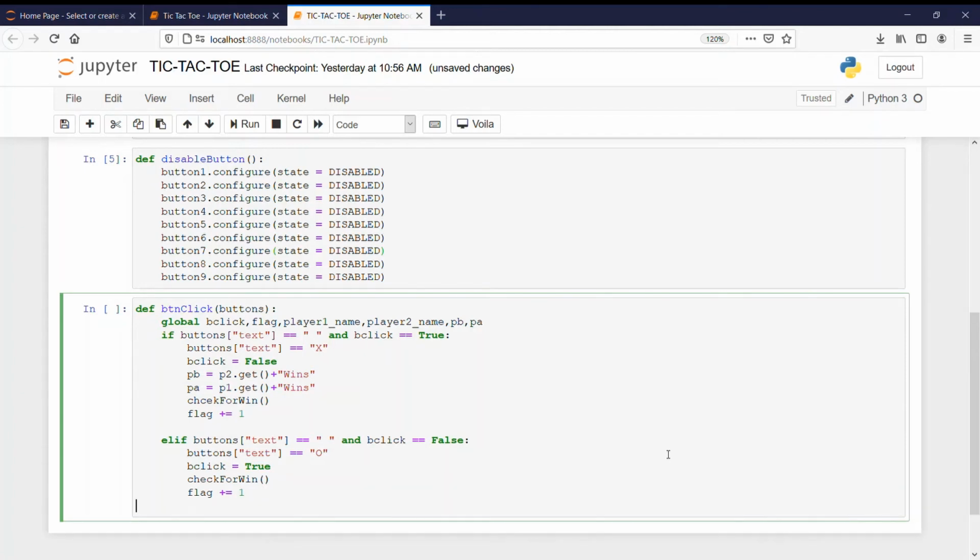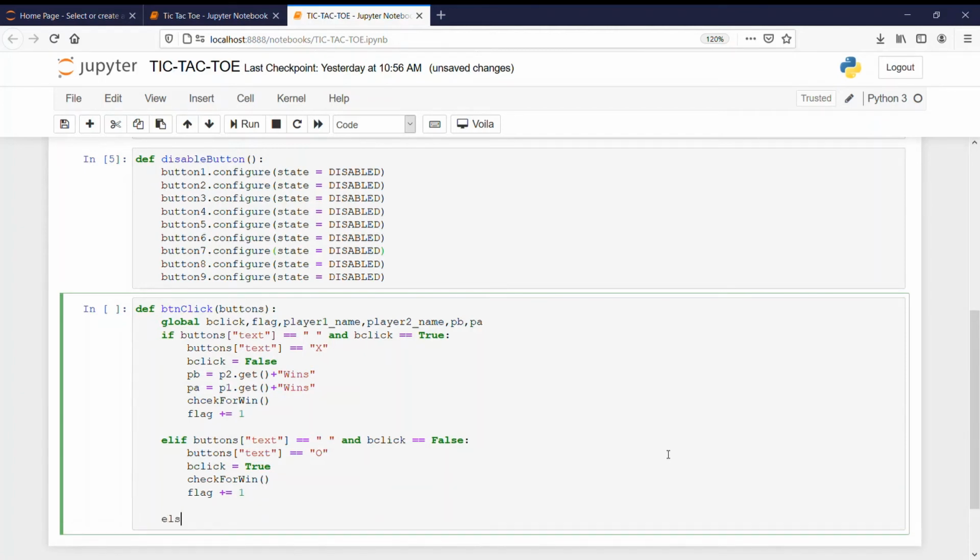Else, we have the last part, the else part, and inside that we will call tkinter.messagebox.showinfo, and in that we will show tic-tac-toe, and we will also pass the content as button already clicked.